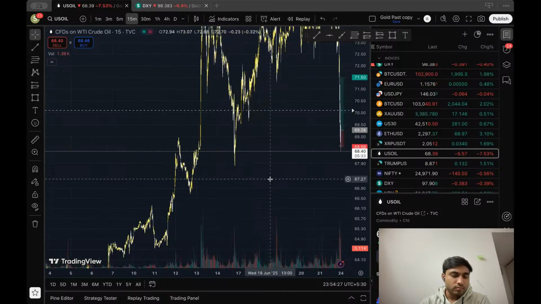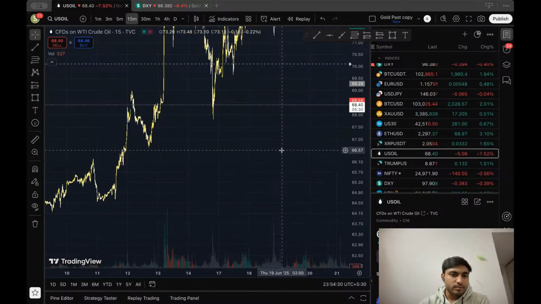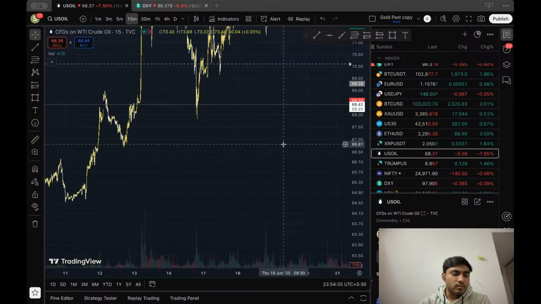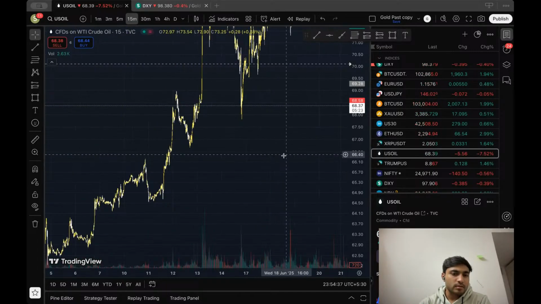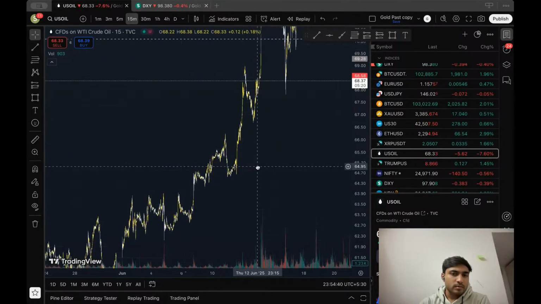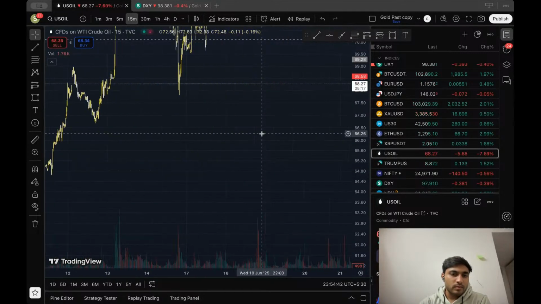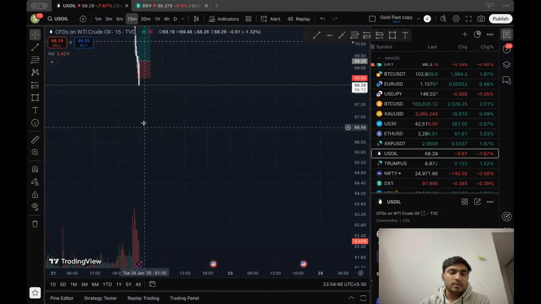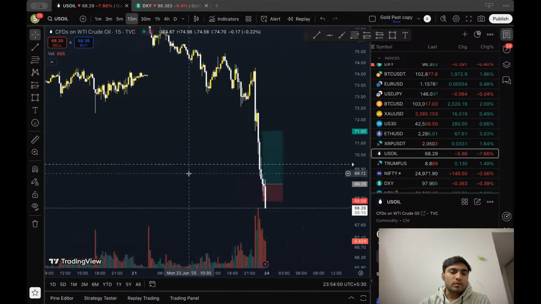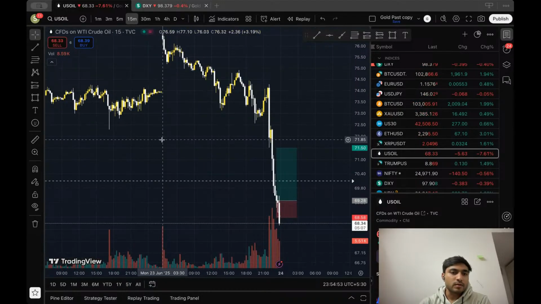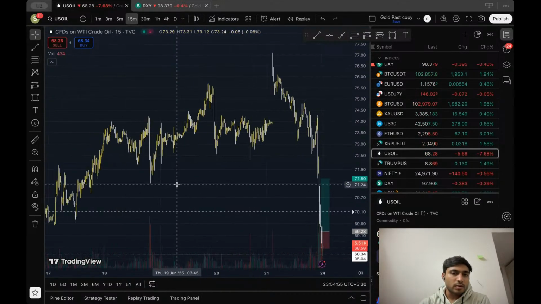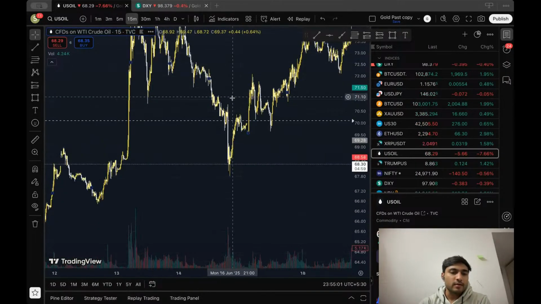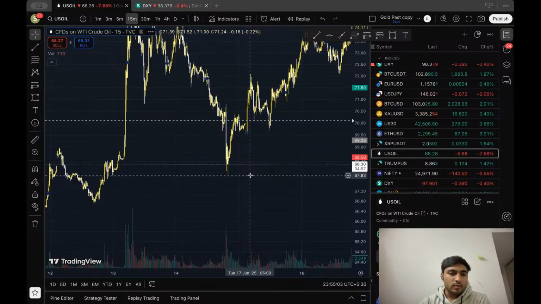Hmm, I should hope. The structure also I can't see. This one, 66 here, maybe it will take its support. Still, I don't trade oil, so I don't know. And in these war times, we have no confirmation of whatsoever. But